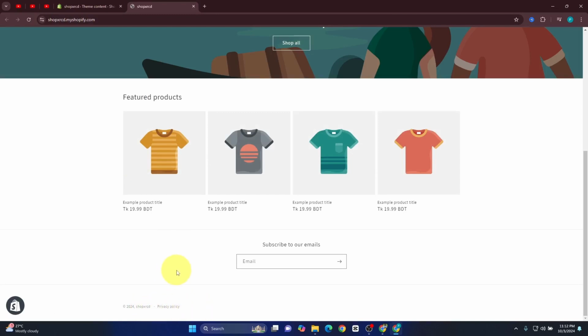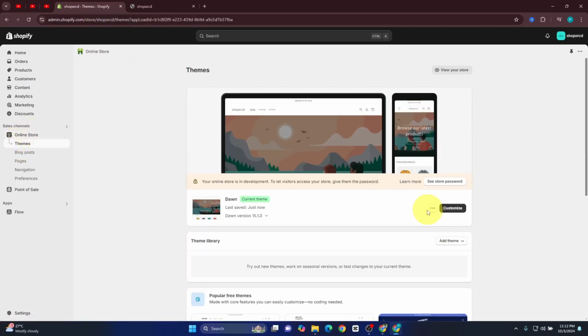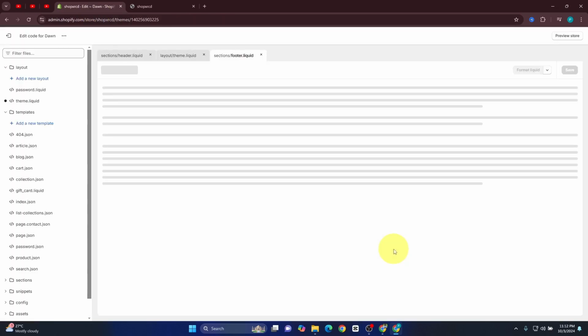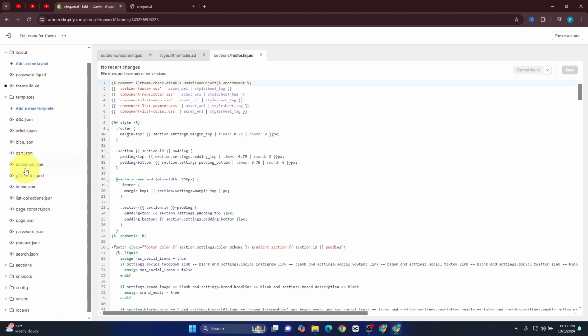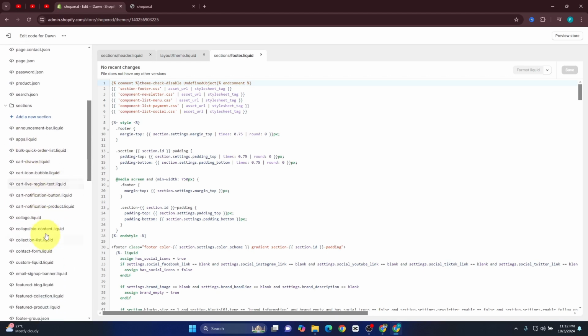Now I am going to show you the second way that how you can remove the text. So go to Shopify admin panel and then go to the online store. Click on three dot icon. Go to edit code. Now on the left panel, scroll down and then search for footer.liquid. Click on section and then scroll down,